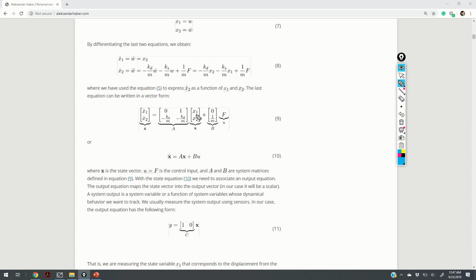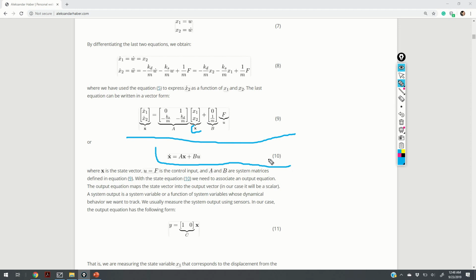If we group the state variable x1 and x2 in the vector x, we can obtain the vector equation 9. Now, the vector equation 9 can be written compactly as the equation 10,